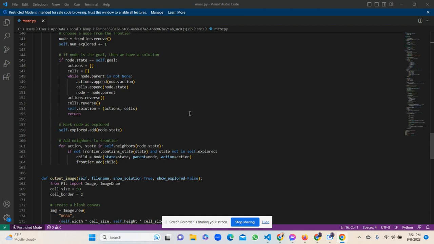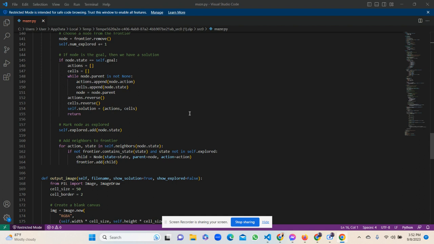But I will reverse them, because while I build it up going from the goal back to the initial state, I am building the sequence of actions from the goal to the initial state, but I want to reverse them in order to get the sequence of actions from the initial state to the goal, and that is ultimately going to be the solution. So all of that happens if the current state is equal to the goal, and